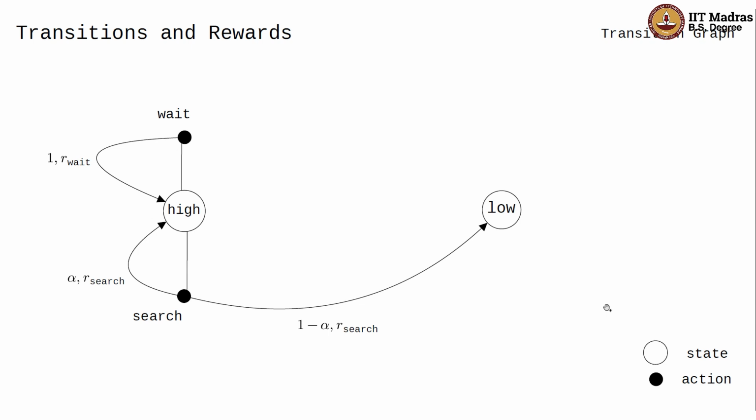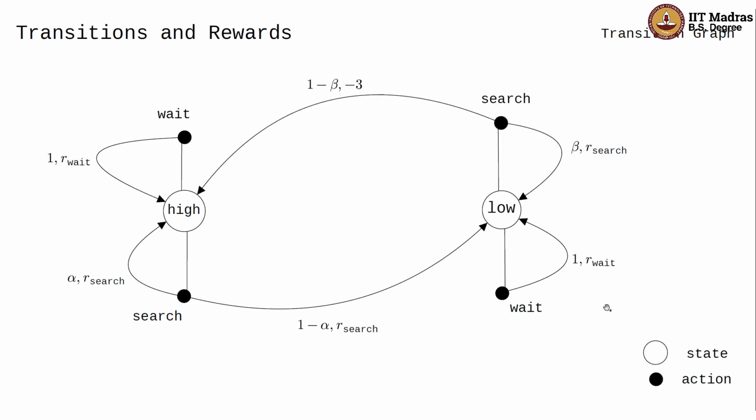Now we have exhausted all possible actions from the state high. So now we come to state low. What actions are possible? 3 actions are possible here. Let's again begin with wait. If we decide to wait, charge level is going to remain the same. We are going to go back to state low with unit probability. If we decide to search, again one of two things could happen. You could remain in the same level low with some probability beta,